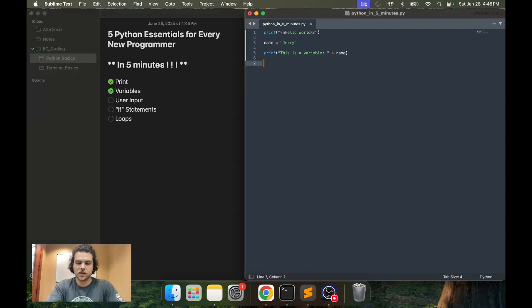Next is user input. User input, really simple. Right, let me add some comments. Comments, it's just like this. This is print statements. What is this? Variables. And next is going to be